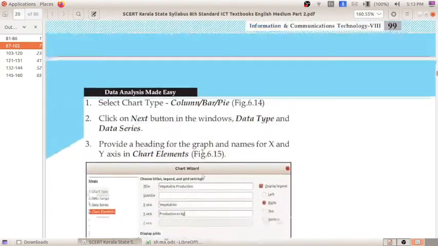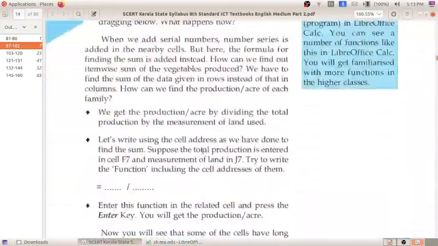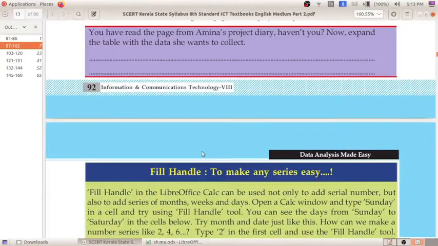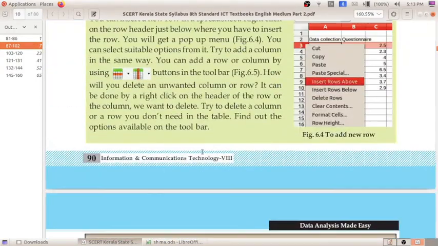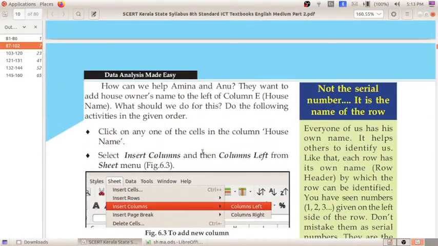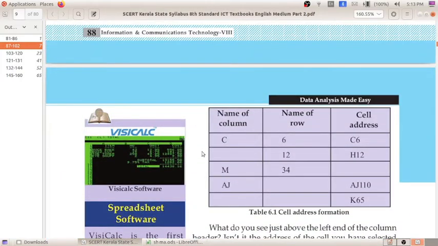Okay, so what all things we have studied here? We have studied how to open the Excel sheet or the LibreOffice Calc. We can open it like application Office LibreOffice Calc. After that we found out the cell address, name of the column and name of the row constitutes the cell address.